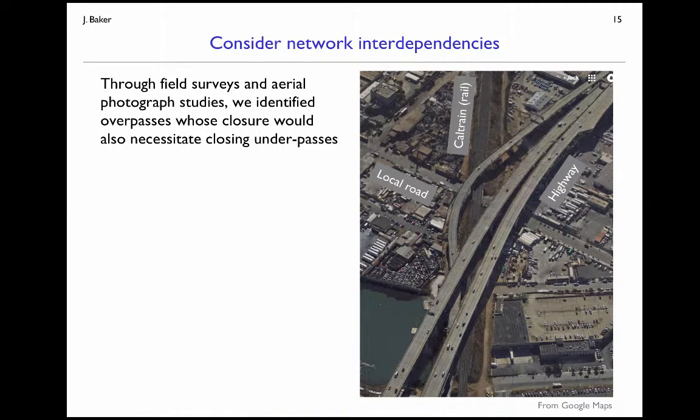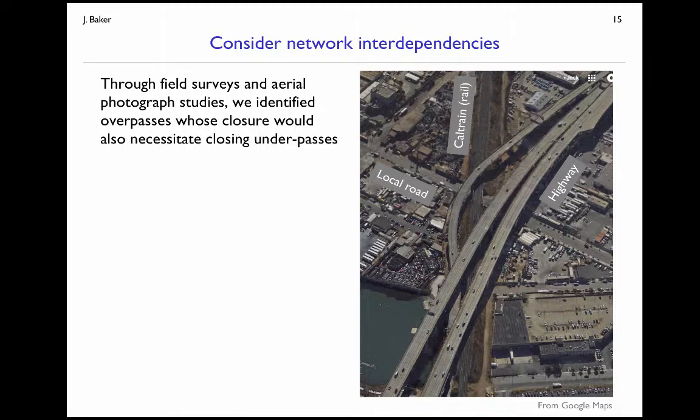Okay, now we need to think about, if those bridges are damaged, what is the impact on the network? If a bridge is damaged, its ability to carry traffic on the overpass is compromised. Potentially the ability to carry traffic under an overpass would be compromised as well, depending on the degree of damage. And the other thing we notice is that there are interdependencies. Here on the right, we have a figure of an elevated highway coming into San Francisco with a local road passing underneath of it, and also a rail line, one of the Caltrain rail lines, passing underneath of those elevated highways as well. Depending on the degree of damage to the elevated highway, it could impact the ability of that local road or the Caltrain to carry traffic as well.